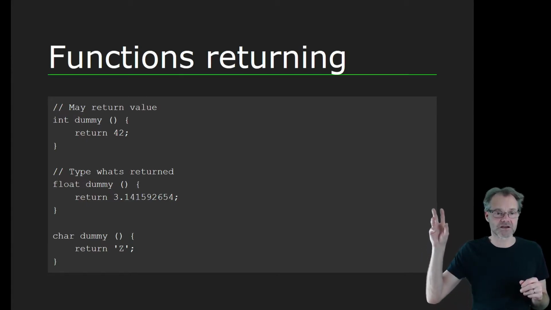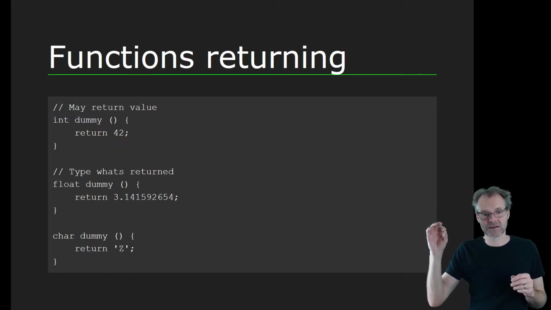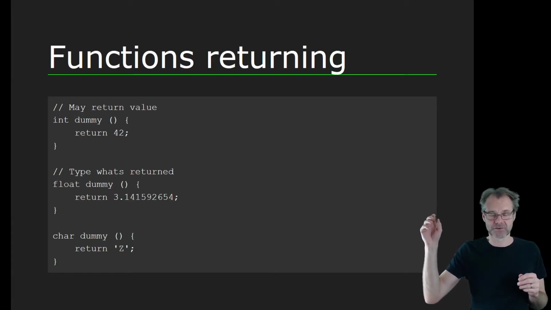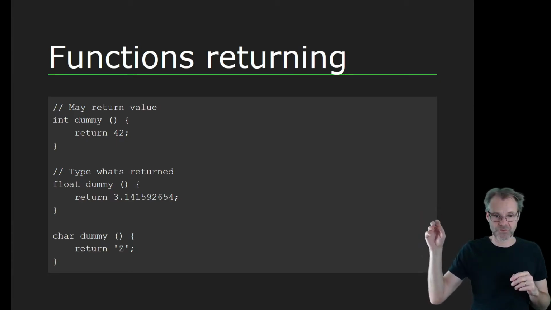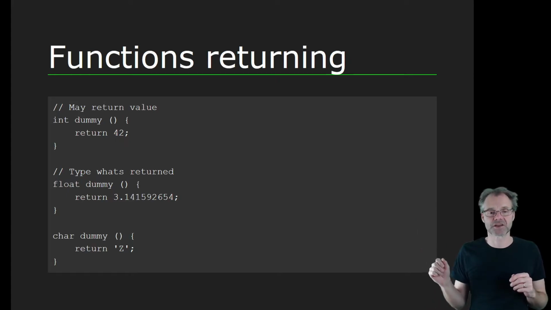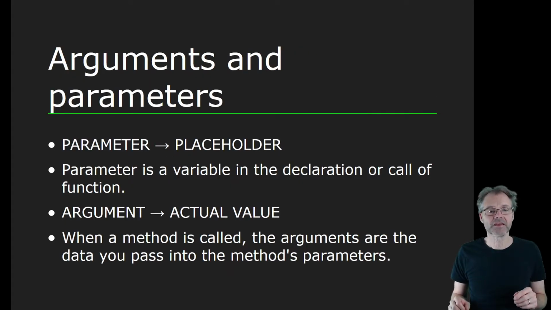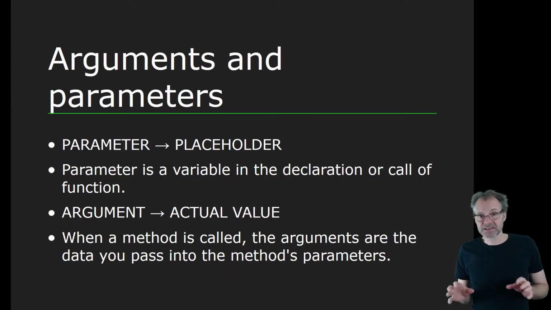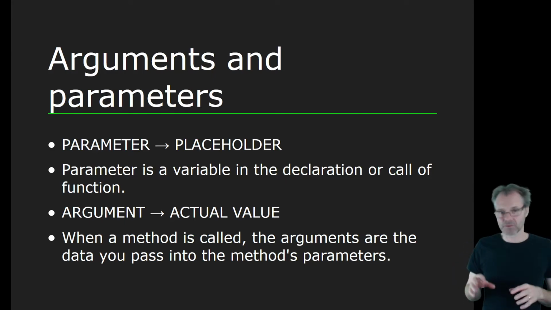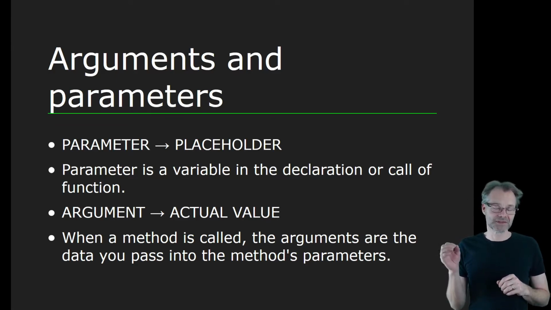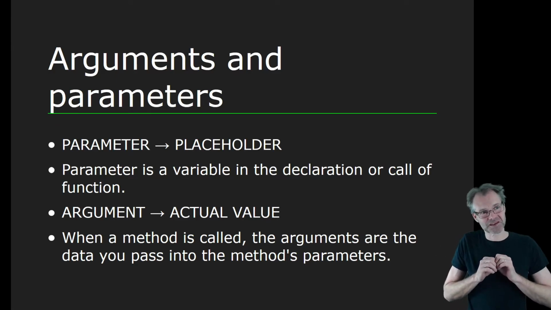So we see 3 examples, and to the most left we see the type that the function is returning. So we got an integer, we got a float, we got a char. And then we can see how the value is returned, 42, 3.14, or as a character. So functions may return a value. Functions can also take parameters, and we will soon have a look at how the parameter list looks. But just before that, try to separate